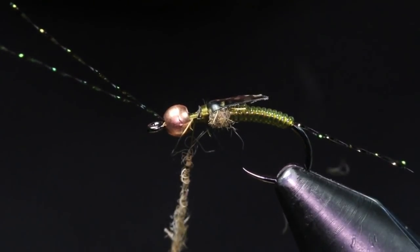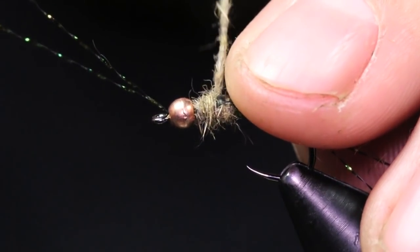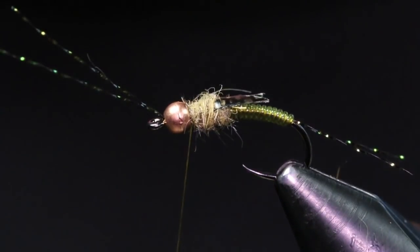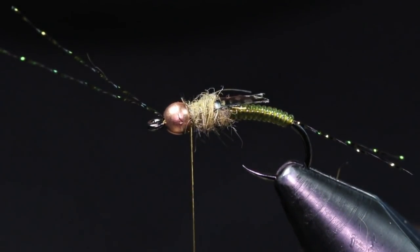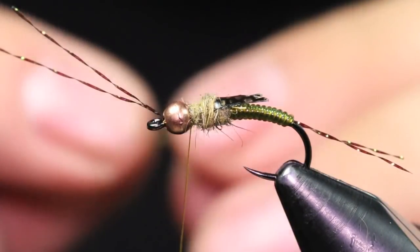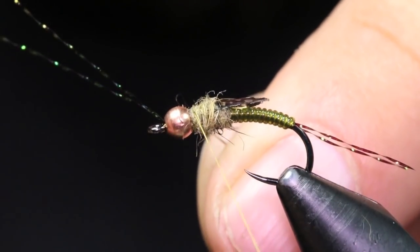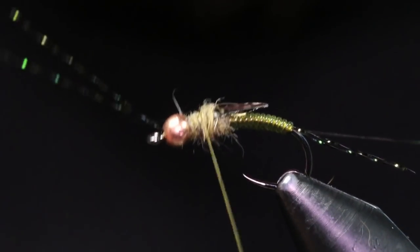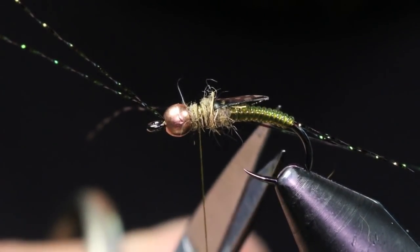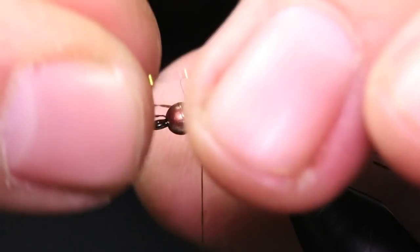So I'm going to grab some more of that same SLF dubbing, and I'm just going to build up a little thorax there, just like so, just so I have a little bit of material for my crystal flash to bite into when I secure it. So I'm going to grab this crystal flash again. I'm going to do this side first, trim that up. I'm going to come on this side,